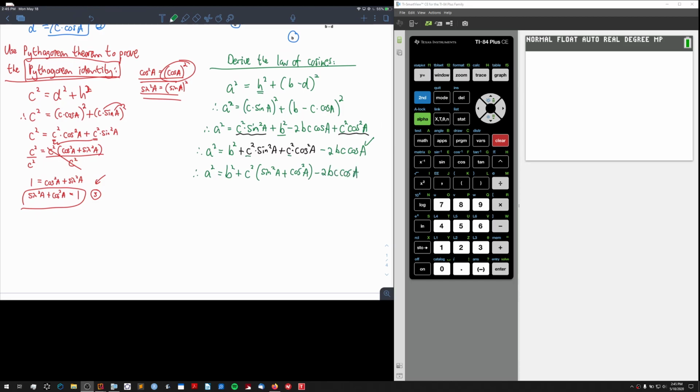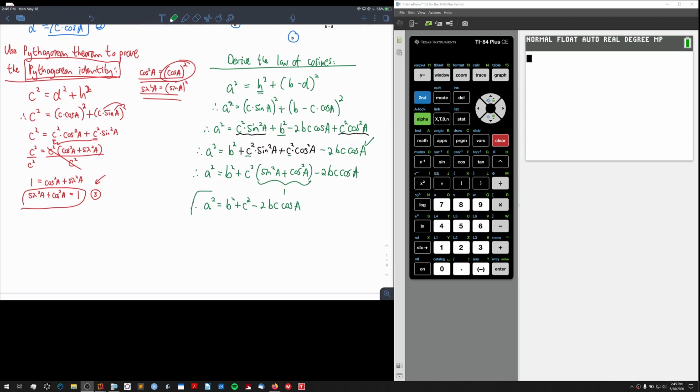And now we know, wait, equation 3 says that cosine squared a plus sine squared a equals 1. This is just 1. So I have a squared equals b squared plus c squared minus 2bc